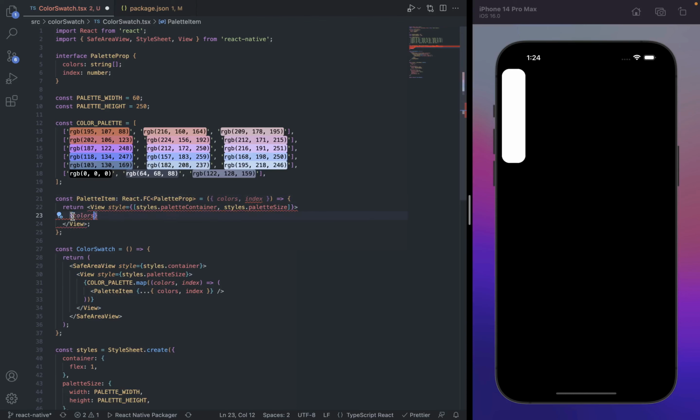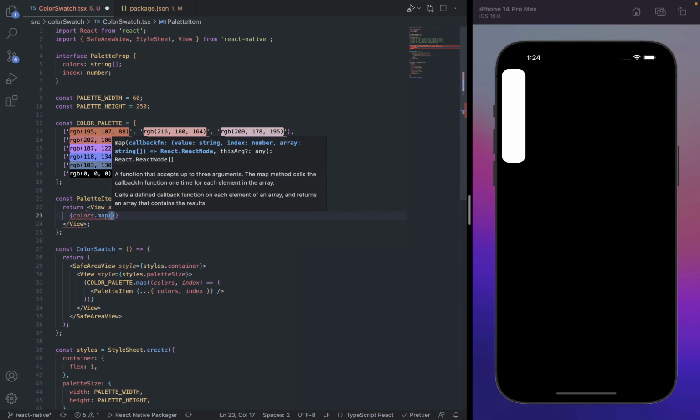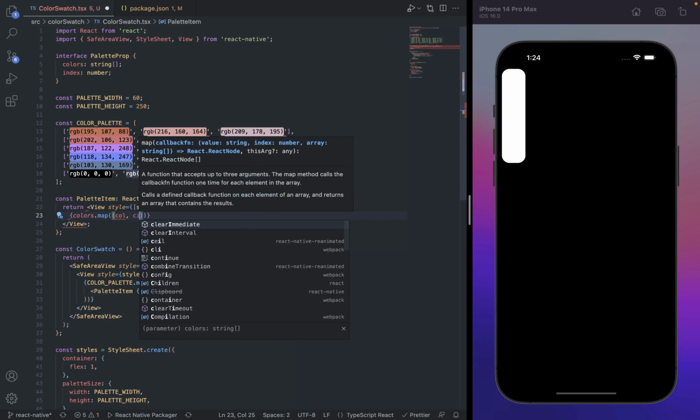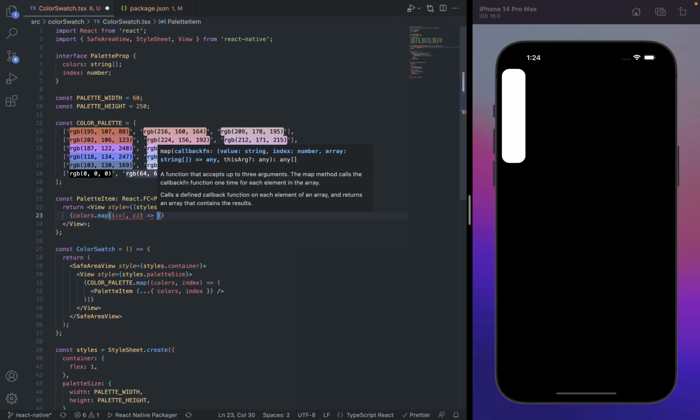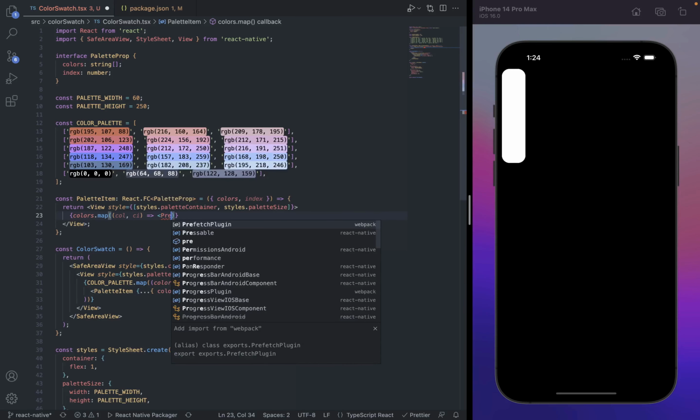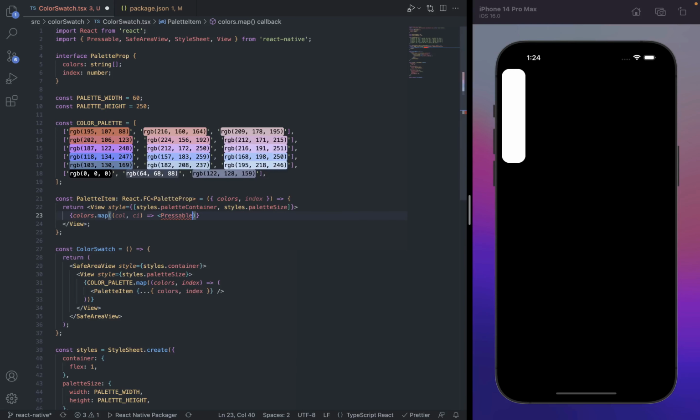So the color is of type array. We can loop through it and render different colors. This is going to be index, and the color component is going to be pressable because later on we're going to, on click of a color, change the background of the screen,